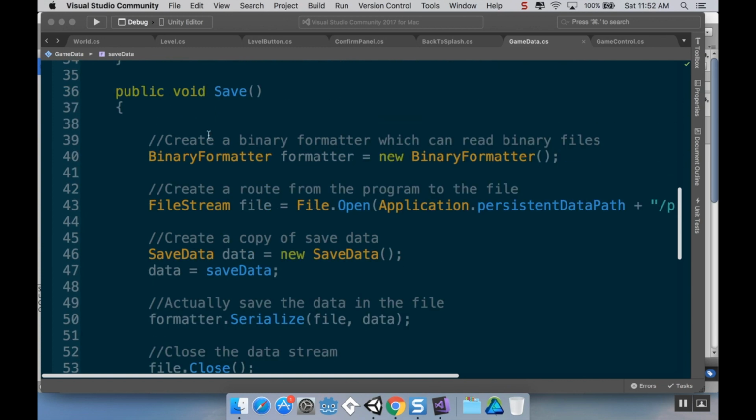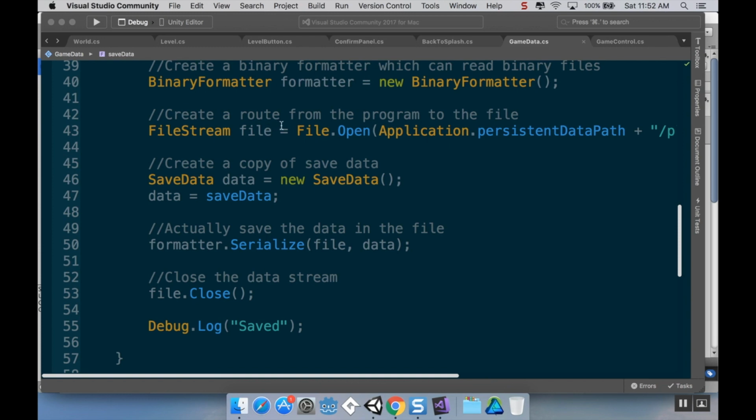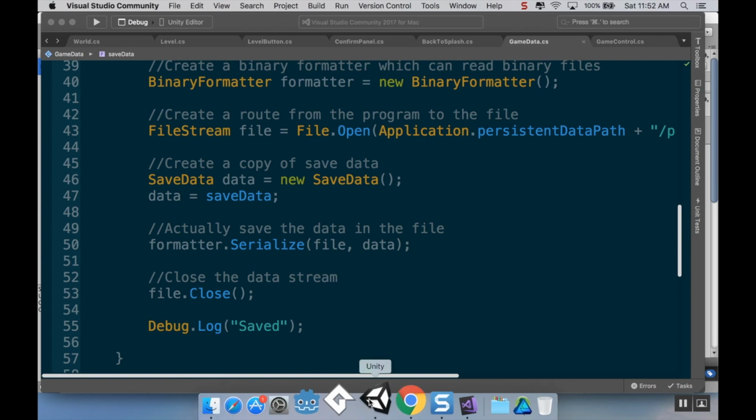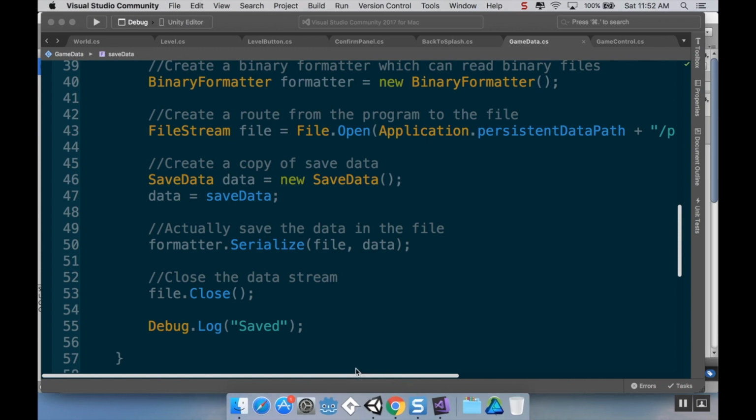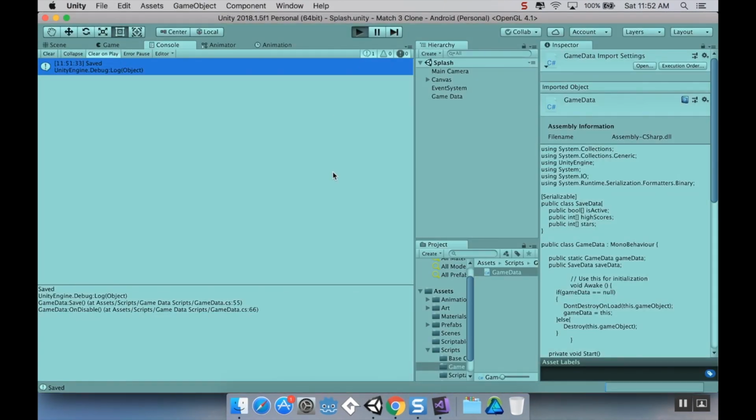So again, just to go over the steps really quickly here. We created a binary formatter that can read and write from binary files. We created a route to the file that we want to save to. We created a copy of our save data, and then we took that save data and we serialized it to that file. Then we close the file, and there's a little debug log here to tell us that we did it correctly. Now, if I save this and I go back into Unity and I hit play,